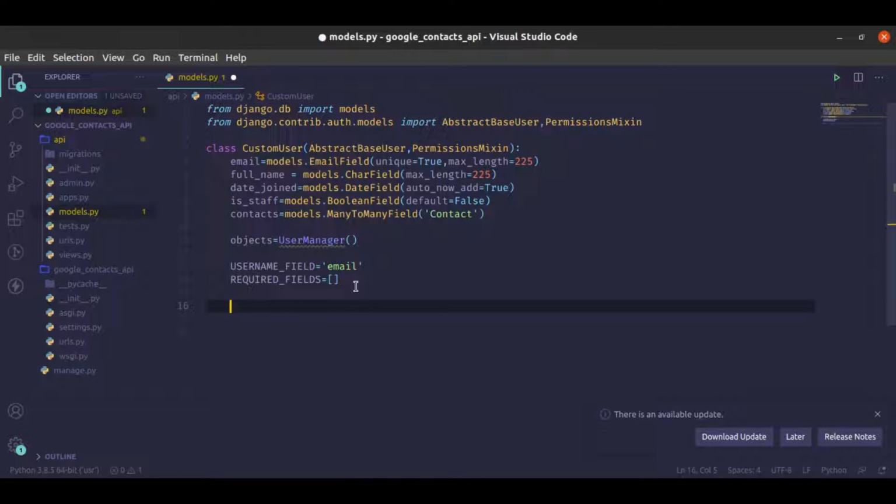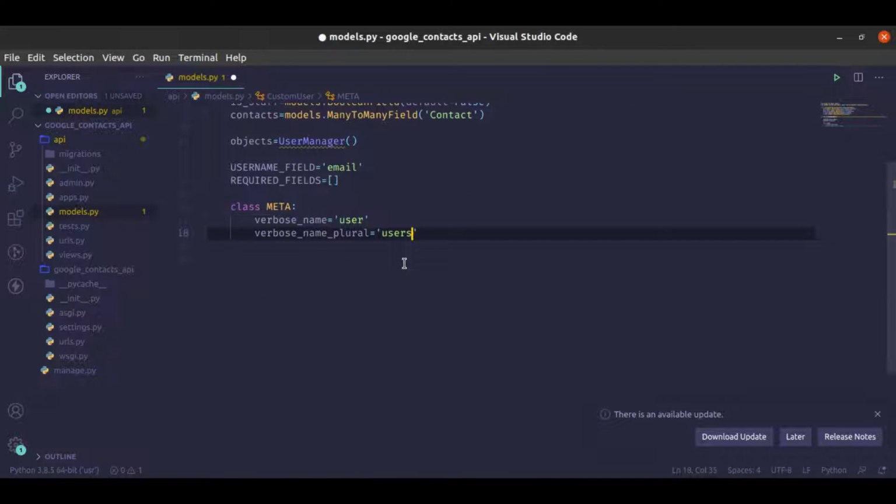Then let's add some class methods. Sorry, class Meta, it has to be capital. Then let's add a verbose name as user, and a verbose name plural as users. Something like this. I think that's it. Verbose name plural, that's it. Okay,